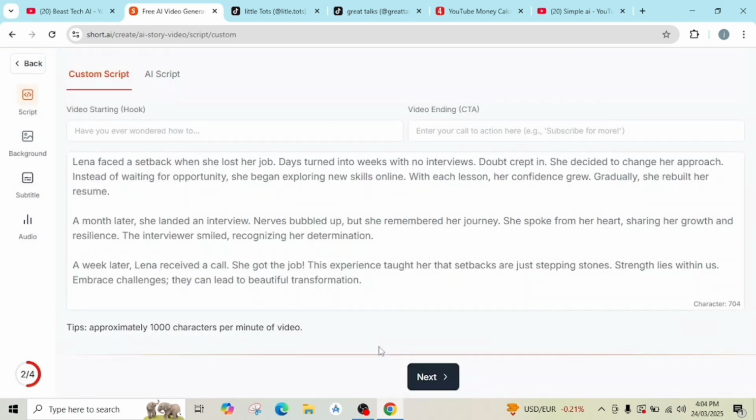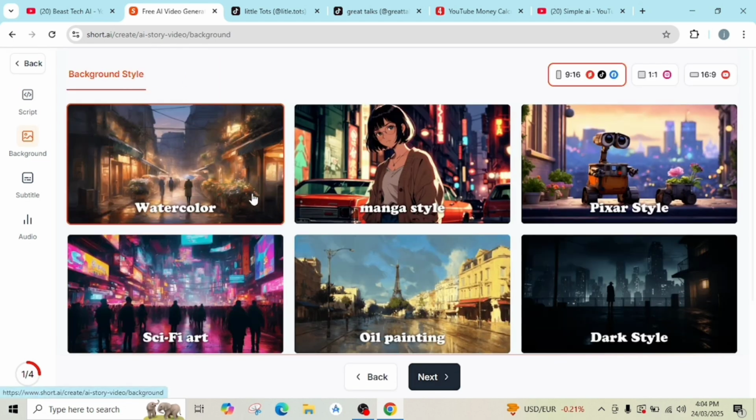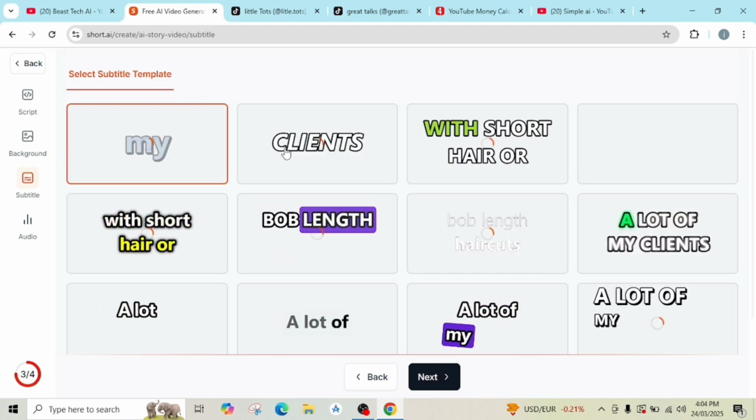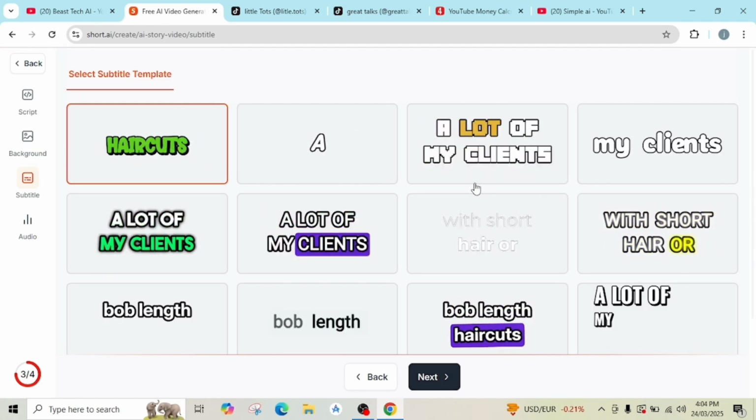Once you click on the generate script, it will automatically write a script for you. Okay, then you can simply click on next. Now select the background, what type of background you want for this video. Let's select Disney style for this time. Click next. Now as I told you in the beginning, they have a lot of